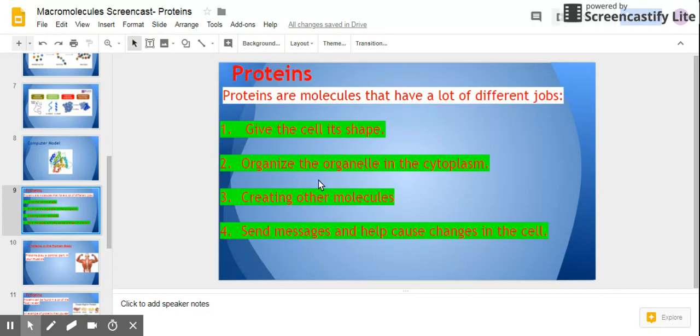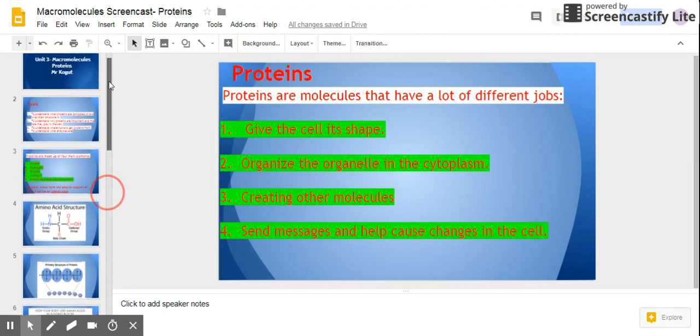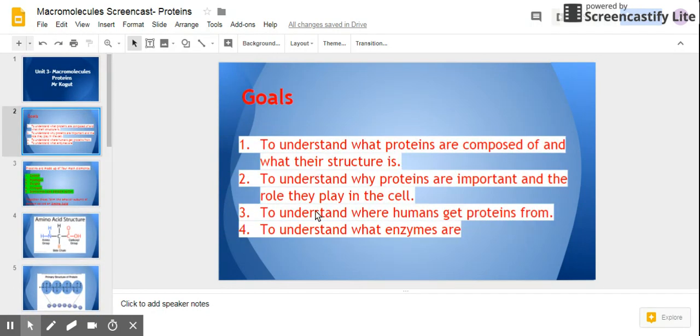They help with creating other molecules, and we'll get to that a little bit in a little bit. And they also help to send messages from cell to cell. Proteins will send messages that hit the cell membrane that we'll talk about more in our next unit. Let's move on now to our next goal. Our next goal is to understand where humans get proteins from,